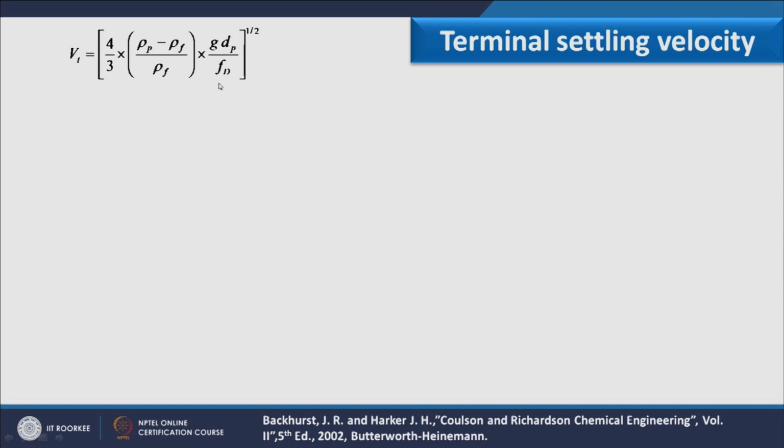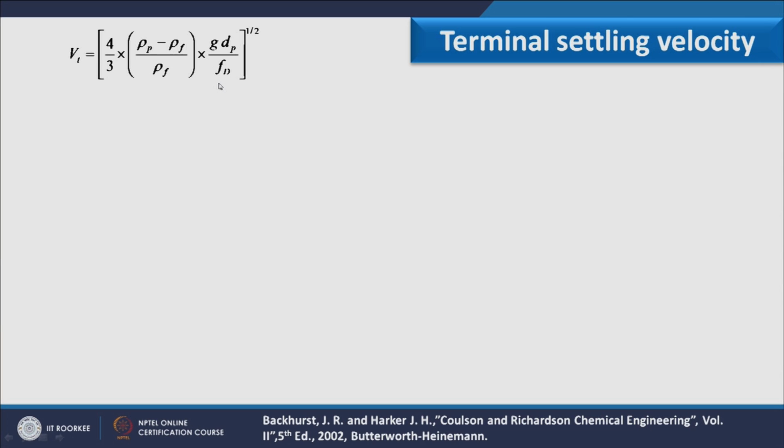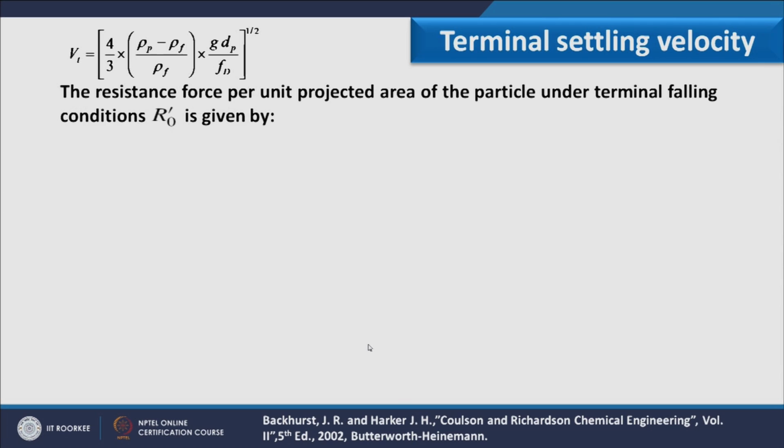Now, to know the value of Fd, we should know the value of Reynolds number, and to calculate Reynolds number, again we need the value of terminal settling velocity, that is Vt. Therefore, this Fd as well as Reynolds number calculation is trial and error based. It is not direct unless I know the region in which the particle is falling. So, to handle such a situation, we have another way to calculate terminal settling velocity, and about this